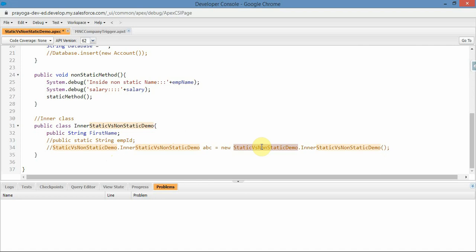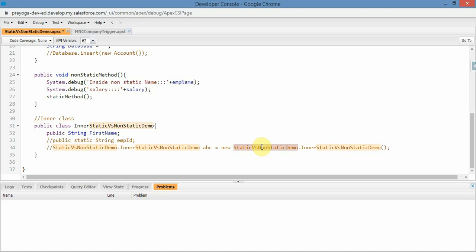However, static members are called on a class without requiring an instance. This conflict further reinforces why static members and variables cannot exist in an inner class. So I hope it is clear why we cannot define a static variable or method